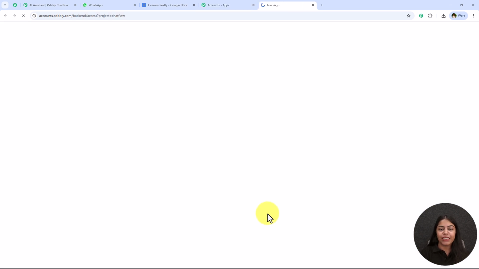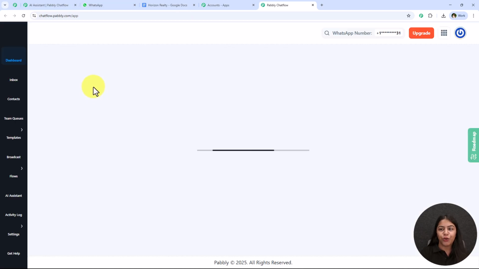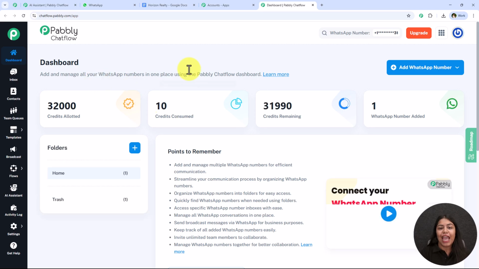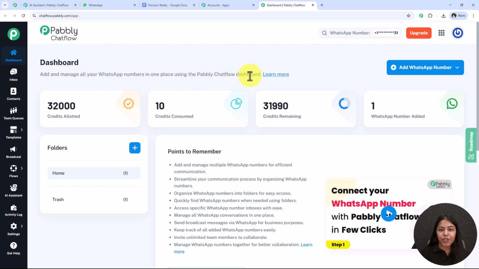So I'm just going to simply click on this access now right over here to access my Pabbly Chatflow account. And now it is opening the dashboard of my Pabbly Chatflow. And now in order to create an AI assistant, we first have to add a WhatsApp number inside Pabbly Chatflow. So to add the WhatsApp number, you simply have to go towards this add WhatsApp number button, and over here